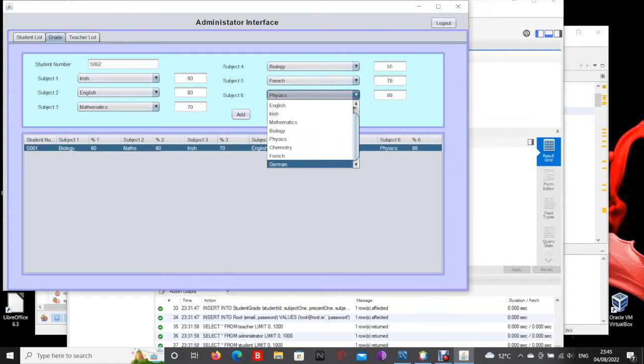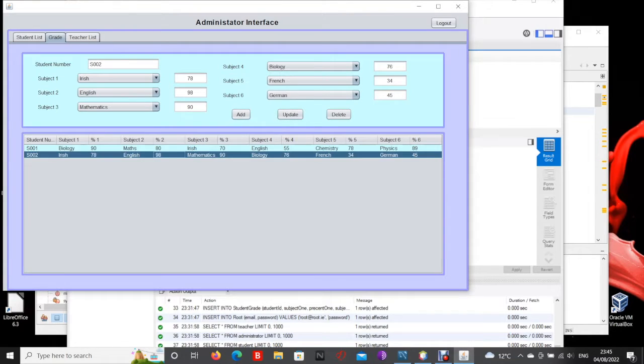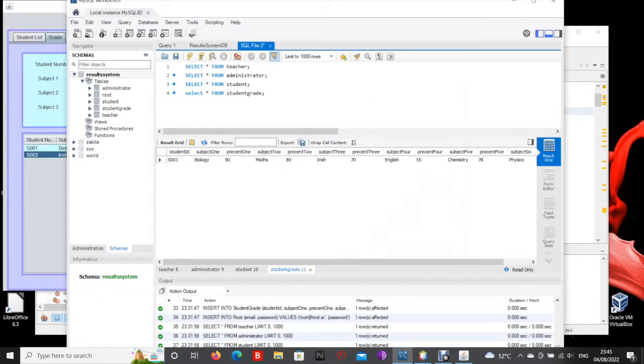I'll just give them some different grades so we can distinguish them from the first user. Perfect. So we're able to add grades for that student that we've already added. So Sean is added, and then we check to see, yeah, his results were added to the database in